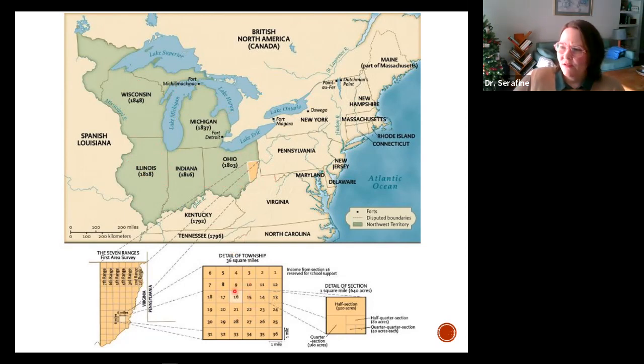And if you look down here, it shows you a little slice of Ohio, into the details of townships and into the plots that Congress is selling. Congress sells this land for $1 an acre. That is enormously cheap. Land is cheap if Congress will seize it for you and sell it to you. But even though it's $1 an acre, you need $640 to buy a plot of land from Congress. So this is not the boon for middling farmers that you might expect. This is a boon for colonial elites who are able to buy this land and resell it at a profit.